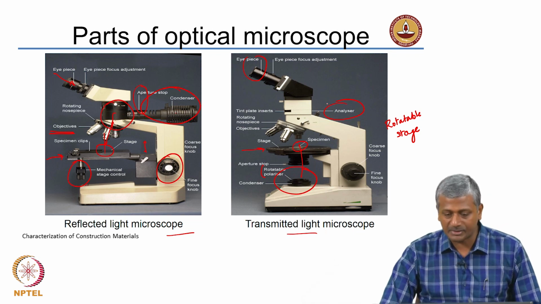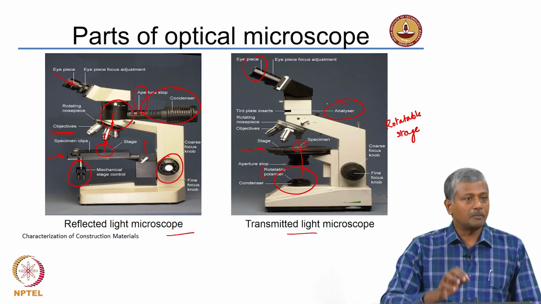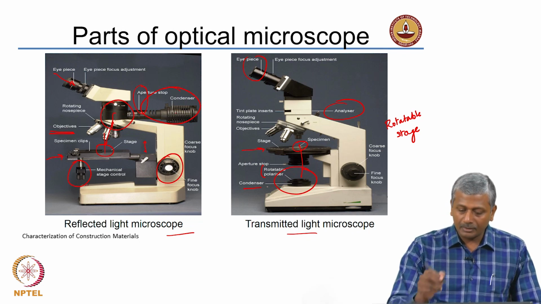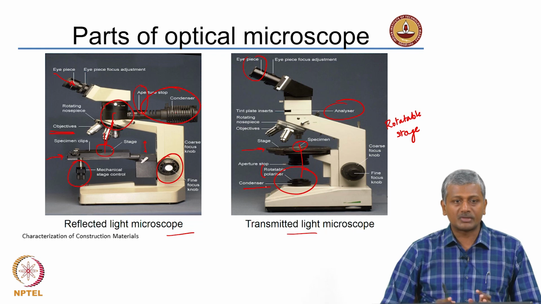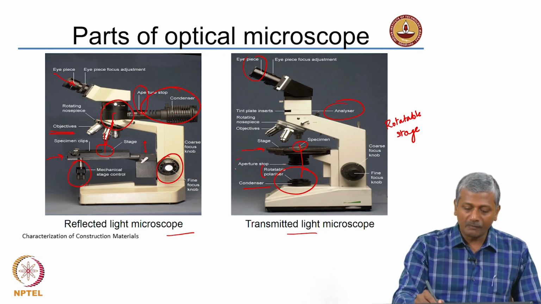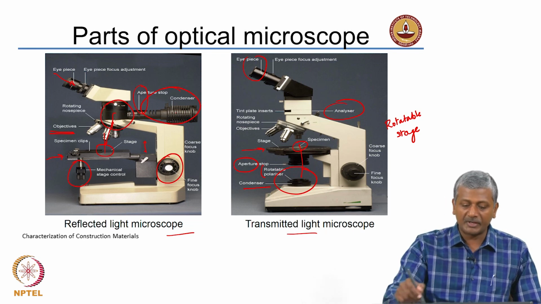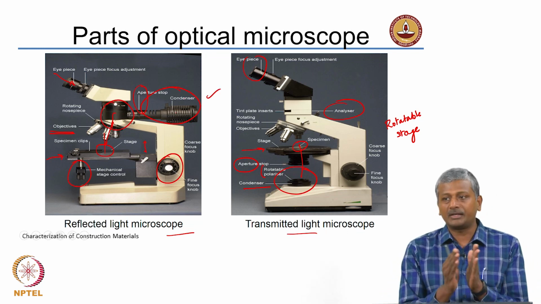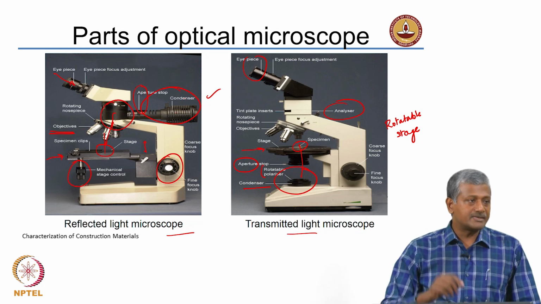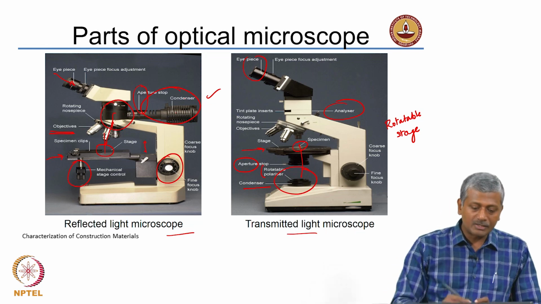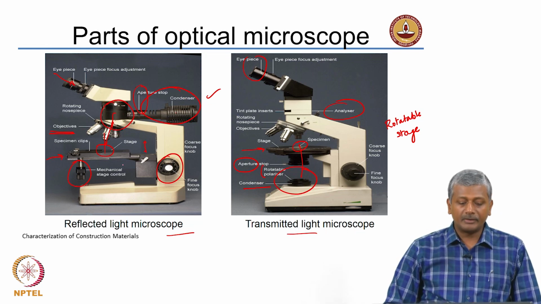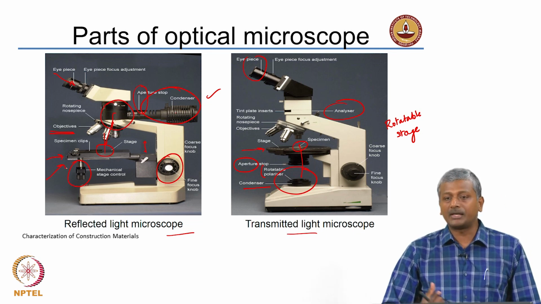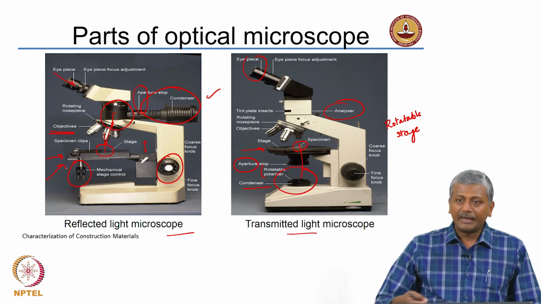I will come back to that in just a minute. Okay. Is this clear about the parts of the microscope? So, again, whenever there is light, the light source is a condenser which ensures that there is a parallel beam of light going. There is always an aperture provided, whether it be the transparent light microscope or the reflected light microscope, to ensure that you can control the amount of light that is actually getting in. Okay. In the case of the reflected light microscope, your stage is not capable of rotatory movement, it is only capable of x and y direction movement.